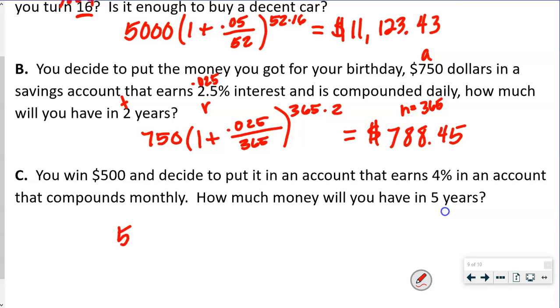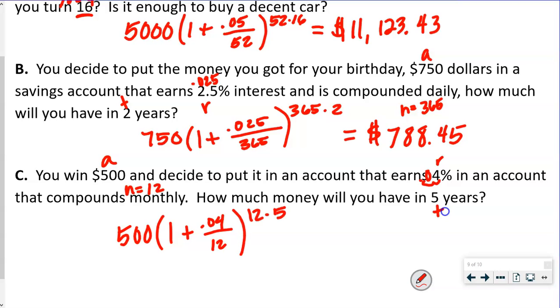So again, our initial amount was 500, and it's 1 plus 0.04, because again, this was our A. This is our rate of interest, and this moves 2 places. So it was here, 1, 2, right? So that's 0.04. It compounds monthly, so that N is equal to 12. And then this is our T, right? Okay, so we're going to divide this by 12, and then we're going to multiply 12 times 5, right? So we're going to do this one. The answer is